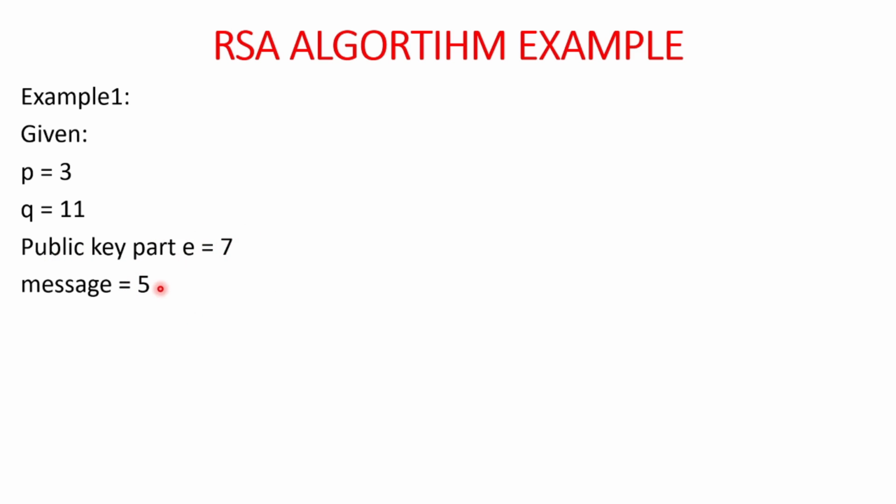And the original message is, suppose, this 5. Whatever message you send, hi, hello, how are you, any message, inside the computer, your laptop or your mobile phone, everything gets converted into binary, that is 0 and 1. Everything gets converted into numbers. So this 5 will also be converted into a binary number. Your message first gets converted into an ASCII value, a normal number, and this number also gets converted to binary.